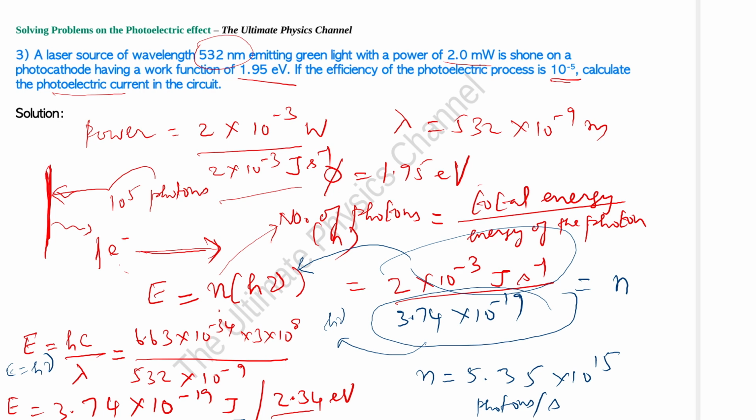Now, how to calculate the current? Out of all these photons, for each 10 power 5 photons, one electron is produced. For each 10 power 5 incident photons, only one electron is produced, but 10 power 15 photons are incident. So we can clearly see that based on the efficiency of 10 power minus 5 that is provided in this question,